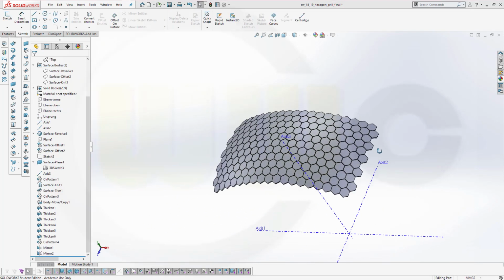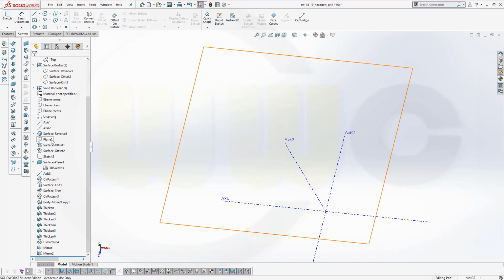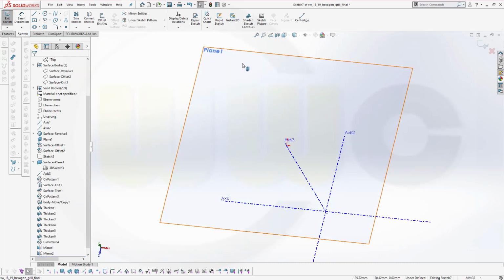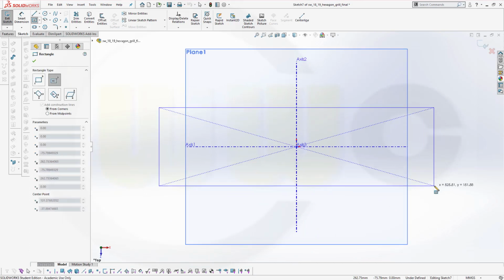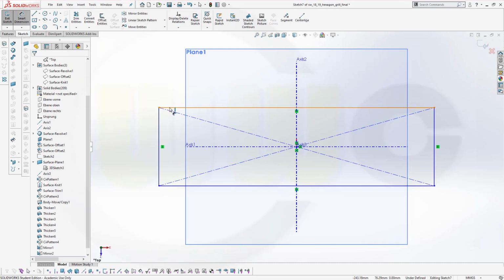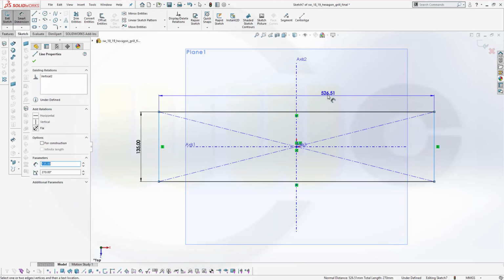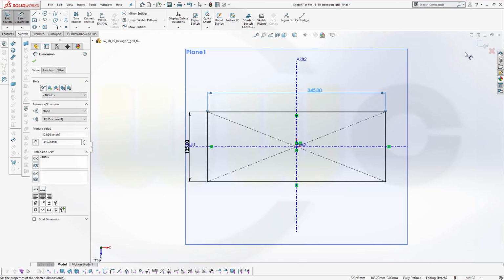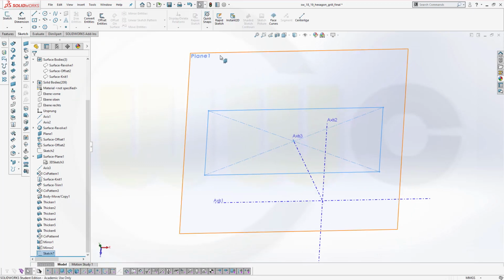Nice. So let's hide those bodies and show our plane. And I want to make a sketch on that plane. Look normal. Go for a center rectangle. Maybe like that. Add dimensions. This could be 135, and this might be 340. And confirm and leave that sketch. Now hide the plane,